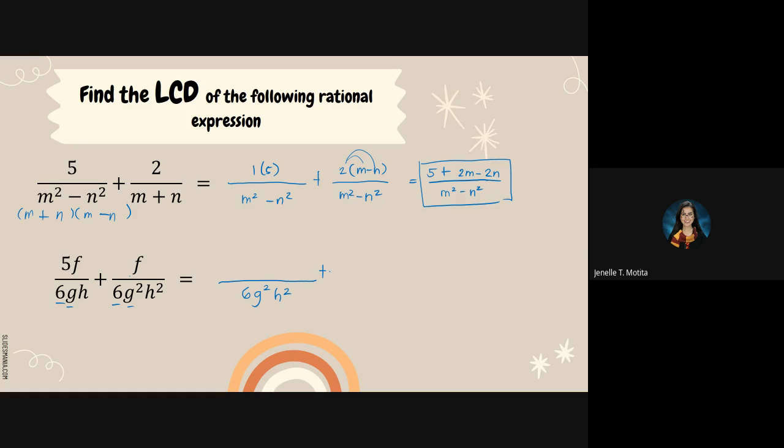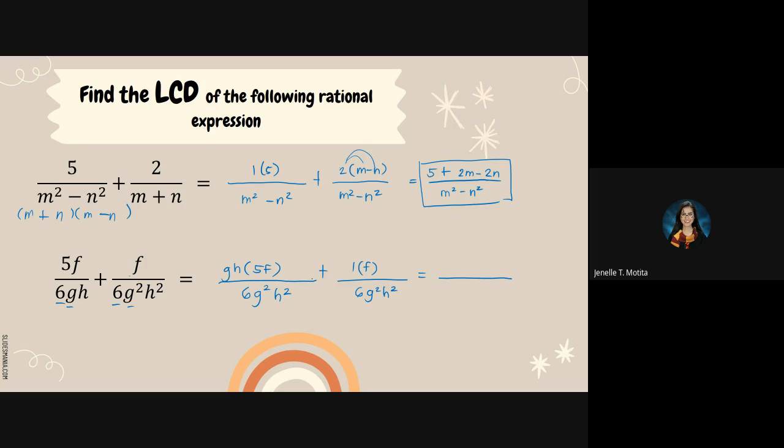Let's put it this way again, so we're not going to be confused. 6g squared h squared divided by 6gh, we will have 1gh times 5f plus 6g squared h squared divided by 6g squared h squared, that's 1. So 1 times f is equal to, and so